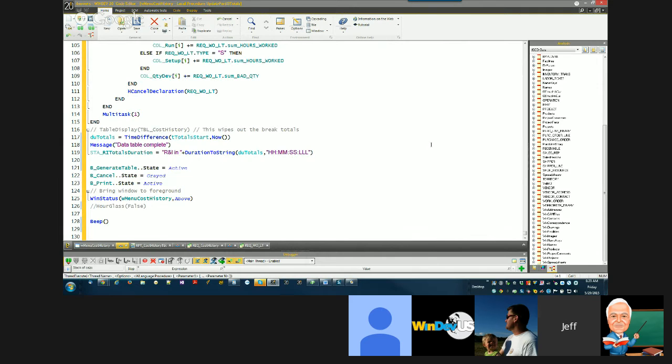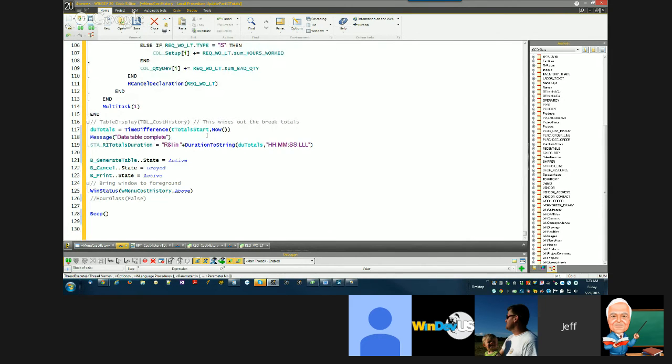And part of it could be that they were having problems running the part. And then when it's finished, it puts out the message, data table complete,